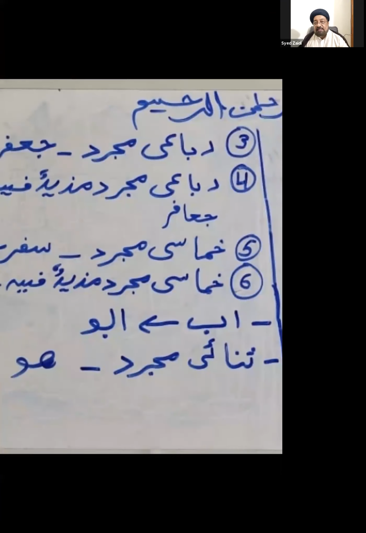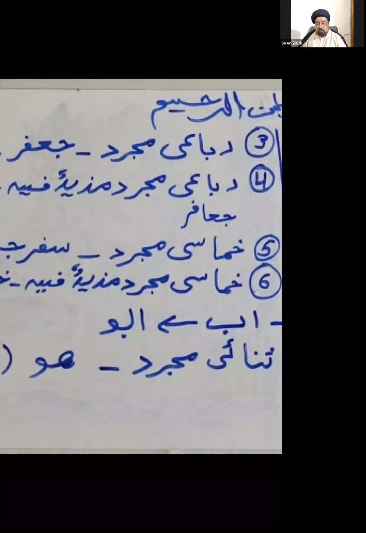Now, there's one thing that I'd like you to take note of: all of the first 4 categories exist in both fi'l and ism. We start from Thulathi Mujarrad, Rubai Mujarrad, and also Mazidun Fi if you add on to it. These four categories mentioned before khumasi, you can find the words of ism and fi'l both with these categories.